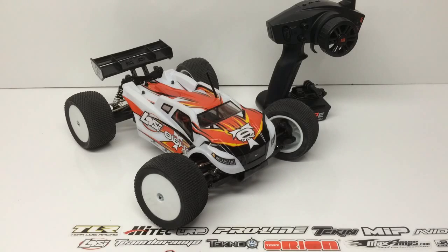I've put about 10 packs now through this Truggy and have really enjoyed it throughout its stay here so far at the RCNetwork. Now, going from here, there is going to be a huge upgrade series of this vehicle, so